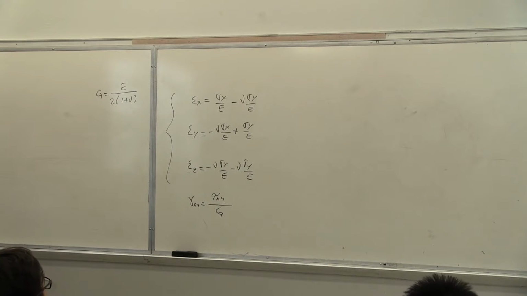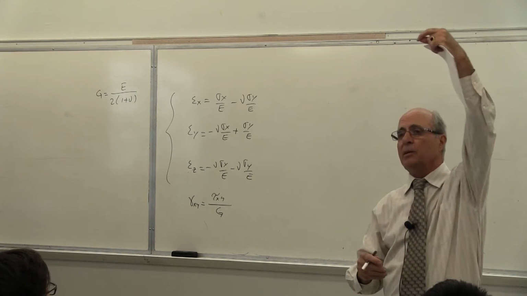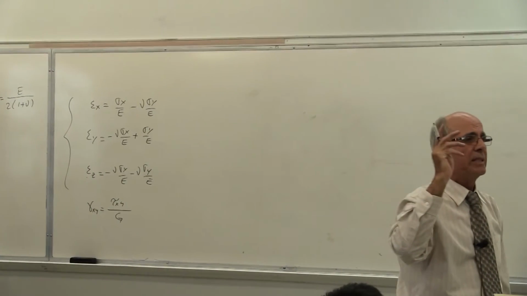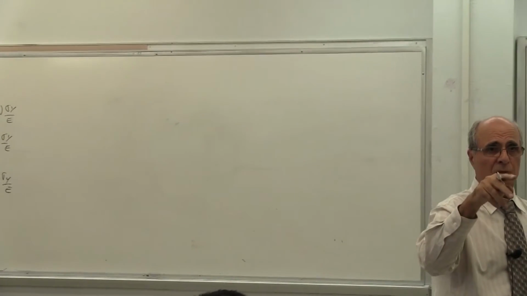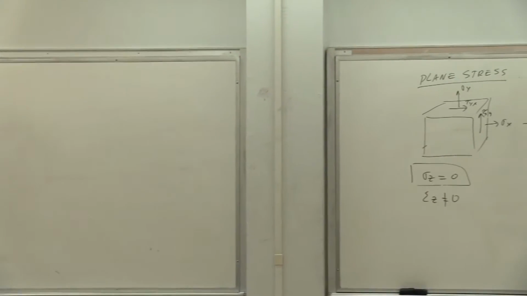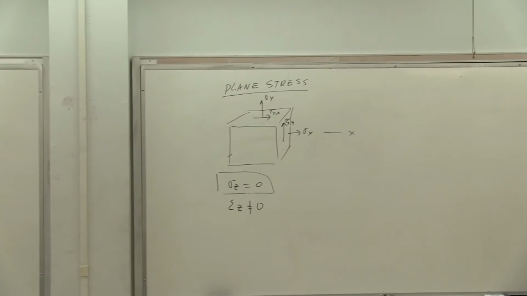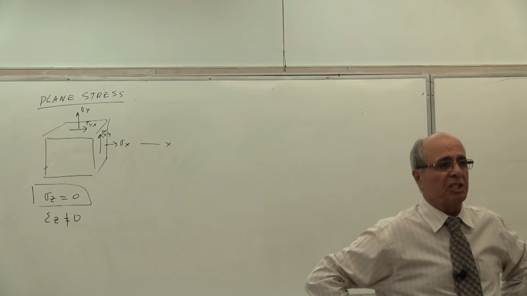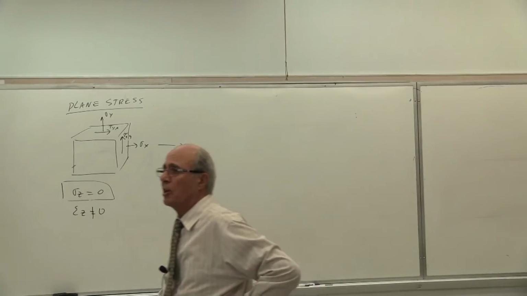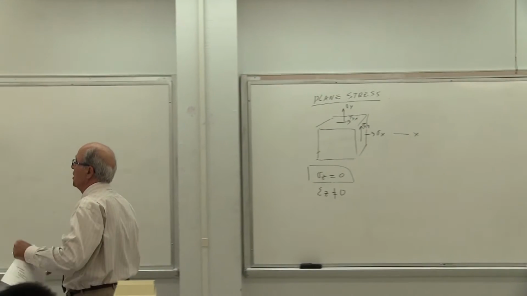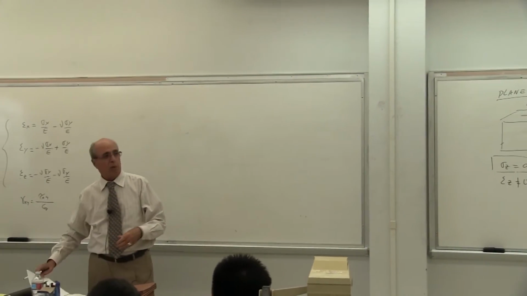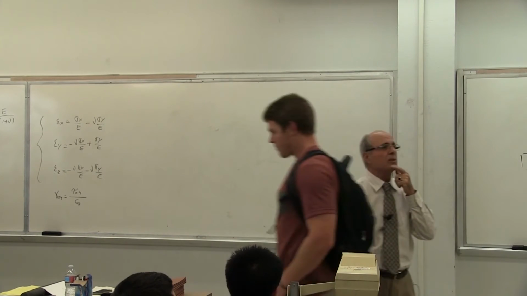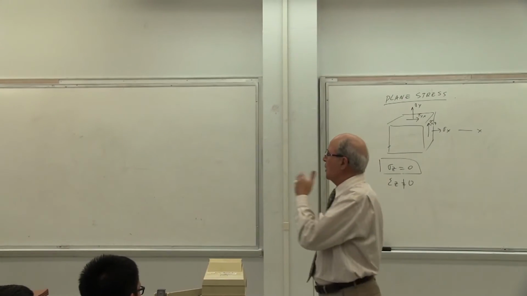Is that correct or not? Because when I want to measure E, all I have to do is get the rod and put it under a tension test, as some of you have done in the lab. Anybody have taken the lab? Did you do the tensile test? Then you calculate the modulus of elasticity. If you twist it, or torsion it, you can calculate the modulus of rigidity. Actually, those are the first two tests that everybody runs in the lab to determine E and G. But nu is part of the properties of the material, and therefore that one you come to formulate. Is that correct or not? Yes? Anyhow, so that's the relation.